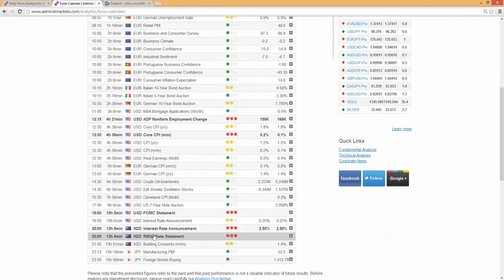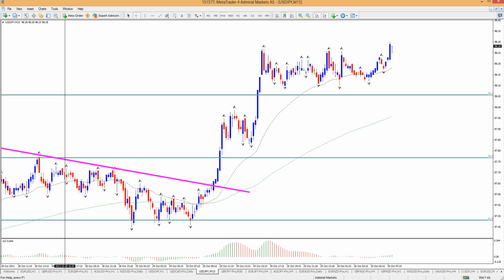The FOMC, I don't think will be that much of an event this time around because I think it's pretty clear that there will be no tapering this time around, or probably this year for that matter. But despite the fact that maybe the outcome is clear, usually you do see the currency market slow down prior to that news announcement, and you will see some volatility. But I don't expect that volatility to be major. All right, but this typical pattern you will still probably witness, or we should expect it at least.